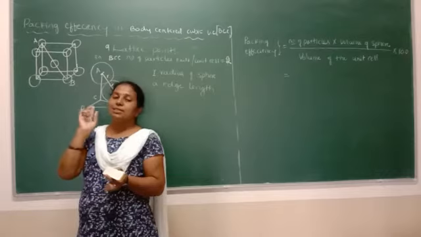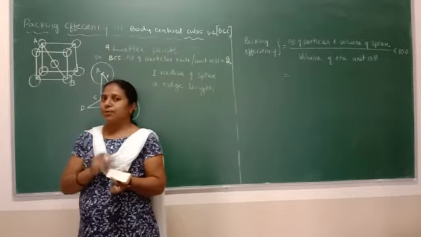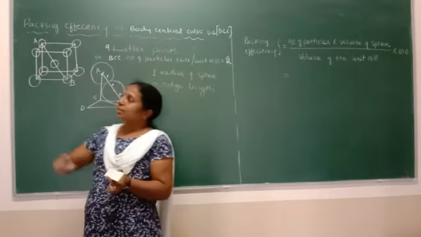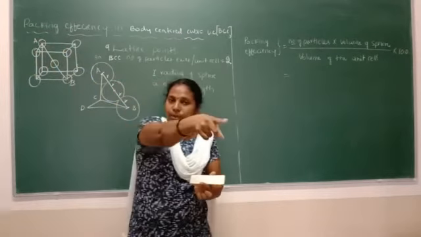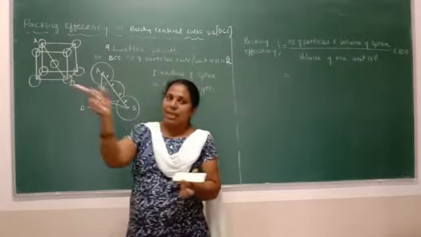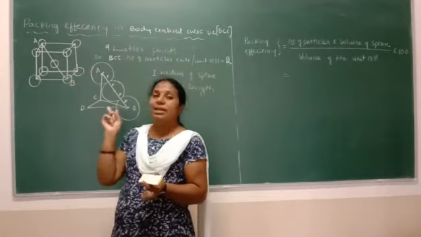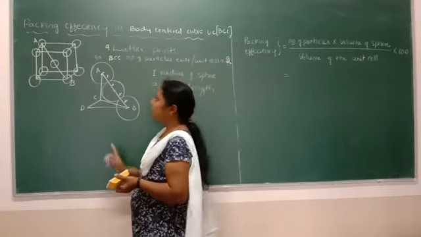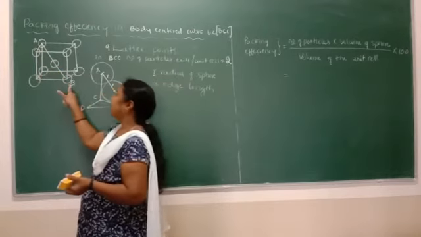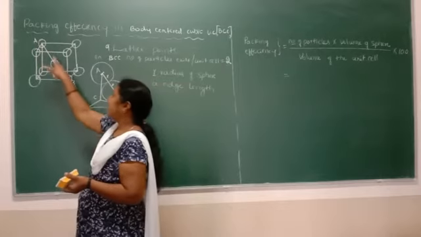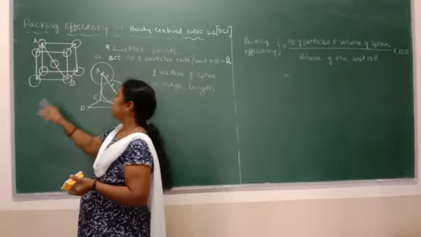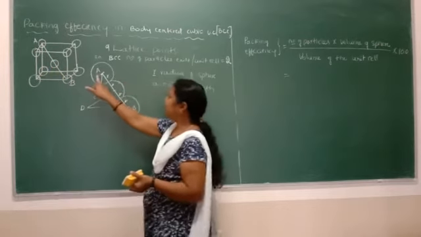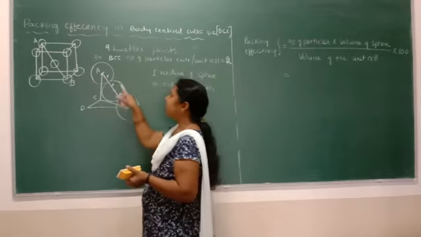So if we place 8 particles at the 8 corners of your room and one particle at the center of your room, we will draw a line from the top corner to the bottom, opposite corner, a diagonal that passes through the body centered particle. That line is drawn from A to B. From A to B, there are 3 particles: 2 corner particles along with the body centered particle. That means from A to B there are 3 spheres.